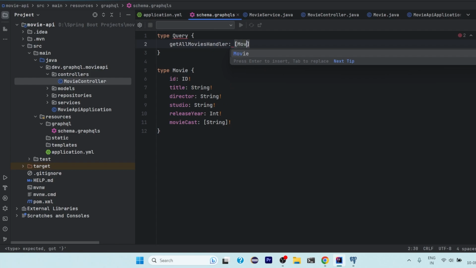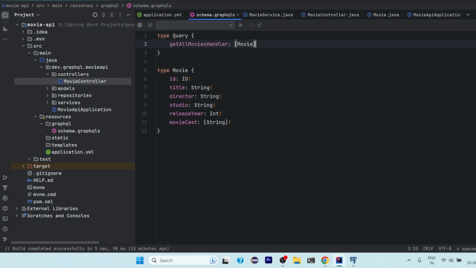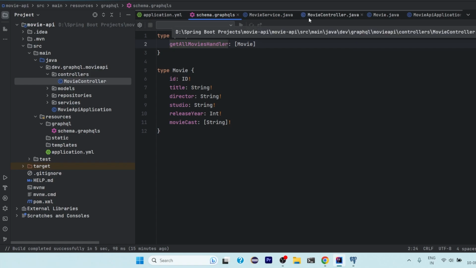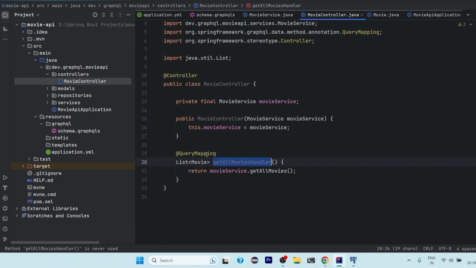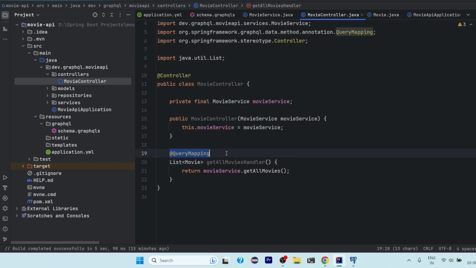So we will say a list of movie object. Okay, that's it. Since it has no parameters in it, we don't need to define anything. We don't need to put braces for the parentheses here. It is fine, right? So now we have defined through annotation that this is a method which